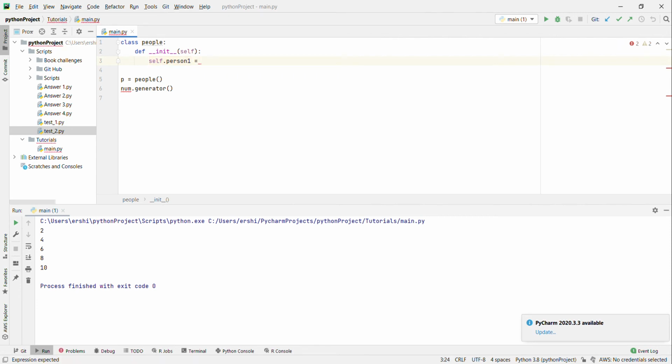Equals. So now person1 is stored under self, so I can use it anywhere in the class. I don't need to make it a global variable or anything. So I can now use it anywhere in the class. self.person1 is equal to, I'm going to name him Mark, and self.person2 is equal to Coral,